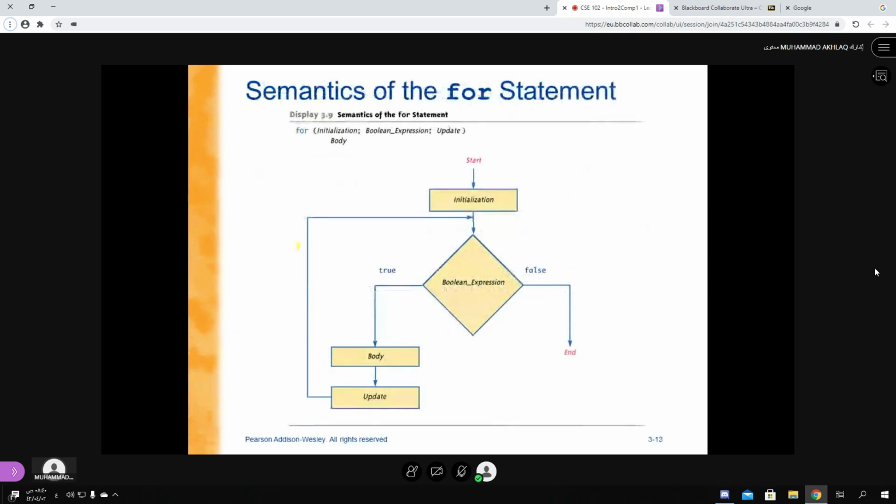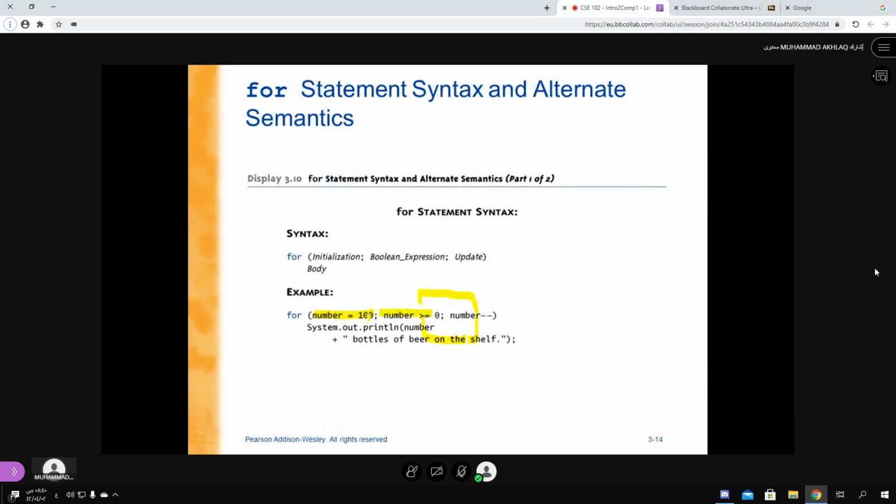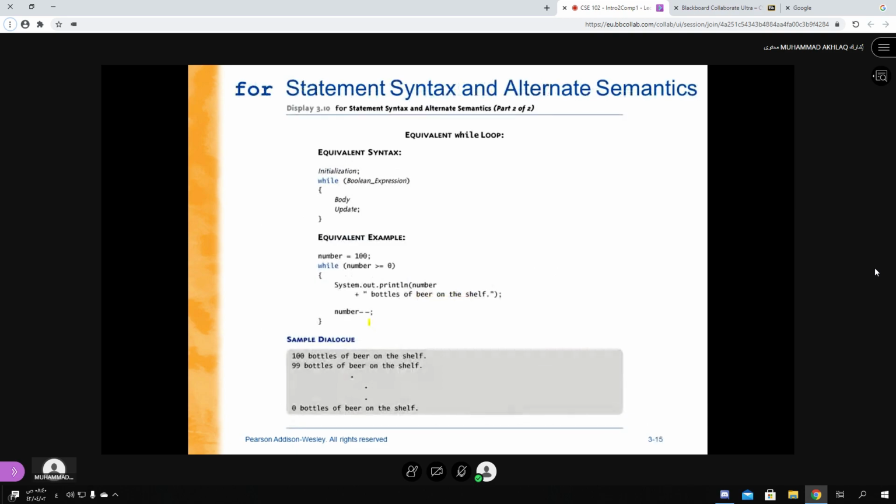It shows inside the body, but it is not run multiple times. It is run only one time. Okay, then